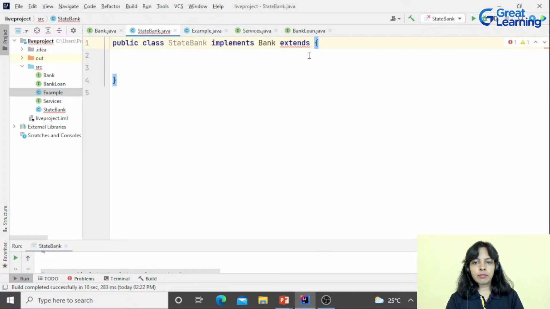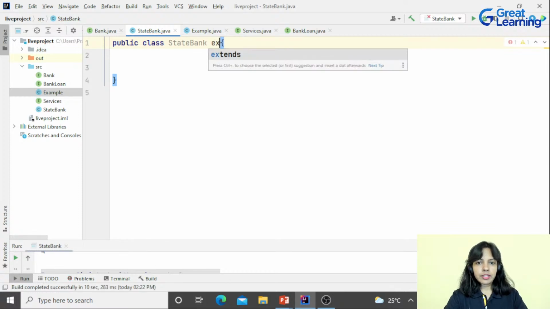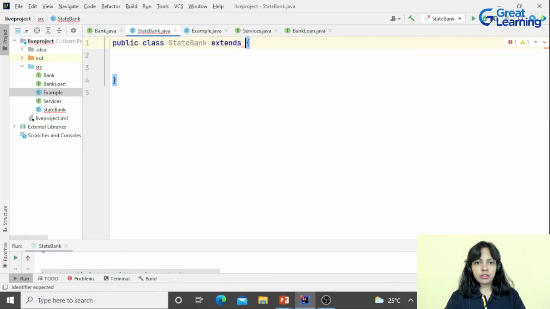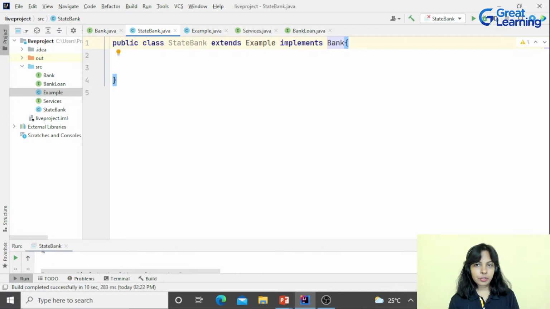Now in this, I want to extend the Example class. Is this possible? It's showing an error, so it's not possible. Can we write it in this way? Extends Example, then implements Bank. So now, yes, it is possible.